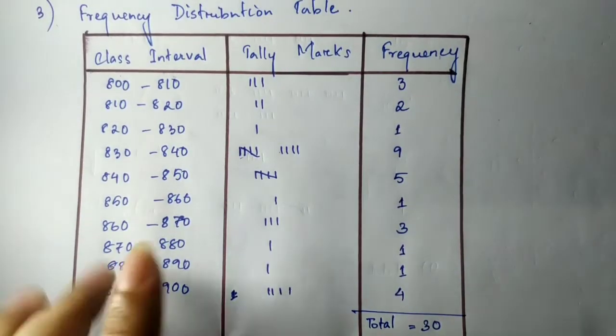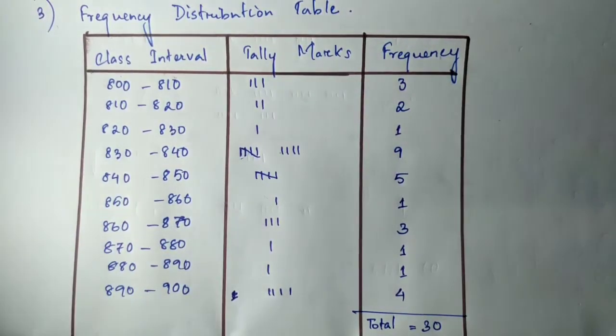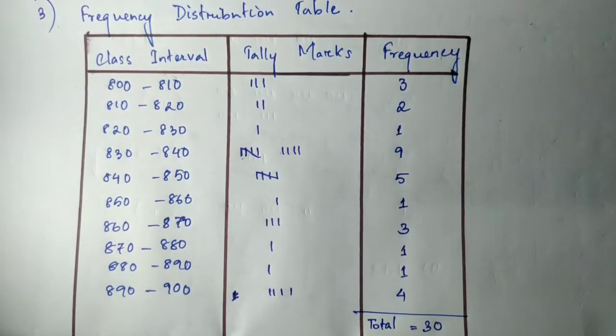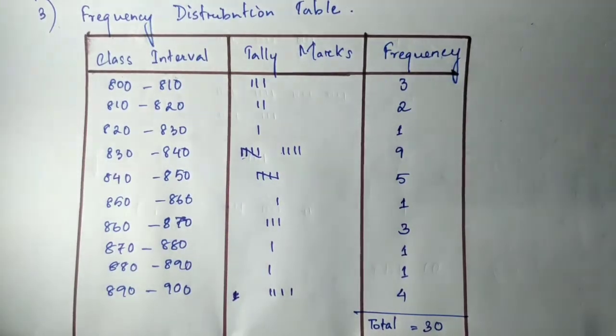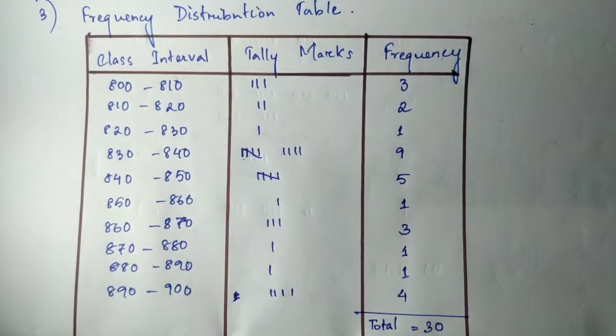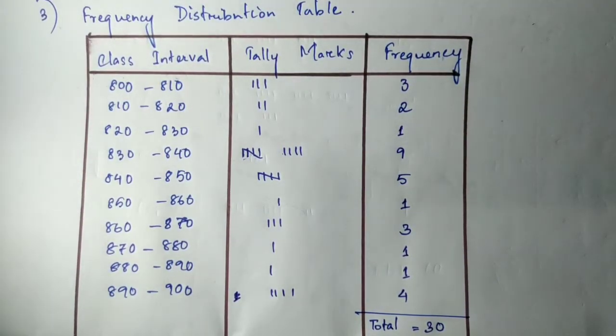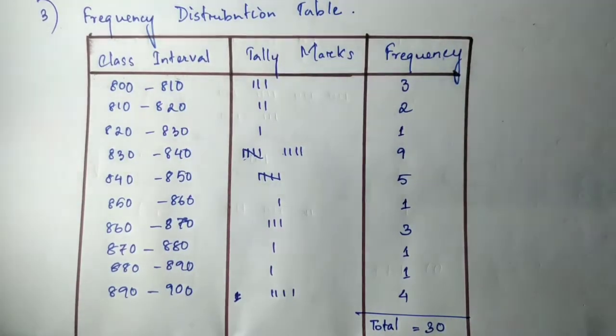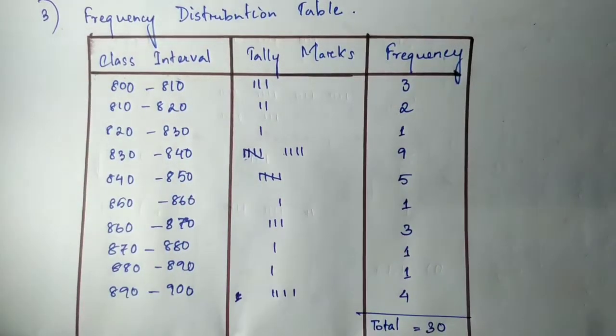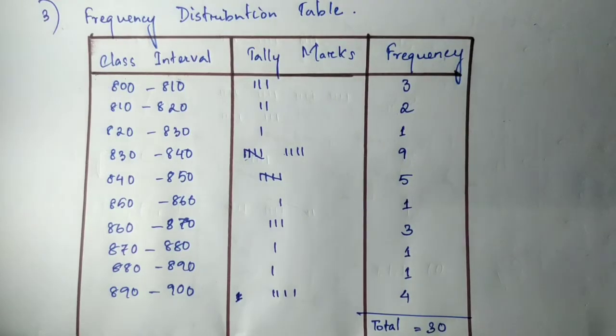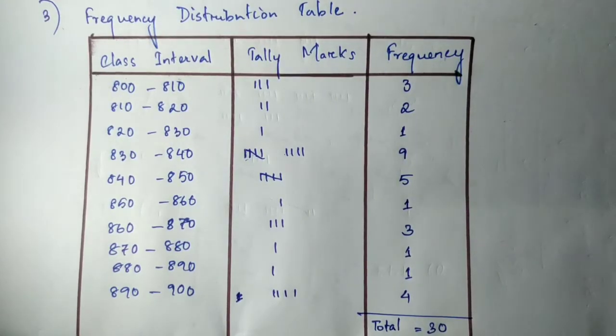Now for this frequency distribution table, if you go to question number 4, it has a connection with question number 3. Draw the histogram for the frequency distribution table made for the data in question number 3 and answer the following questions. The table is already made, so I have to make my histogram. And remember, the difference between a bar graph and a histogram is that the histogram doesn't have gaps between the bars.